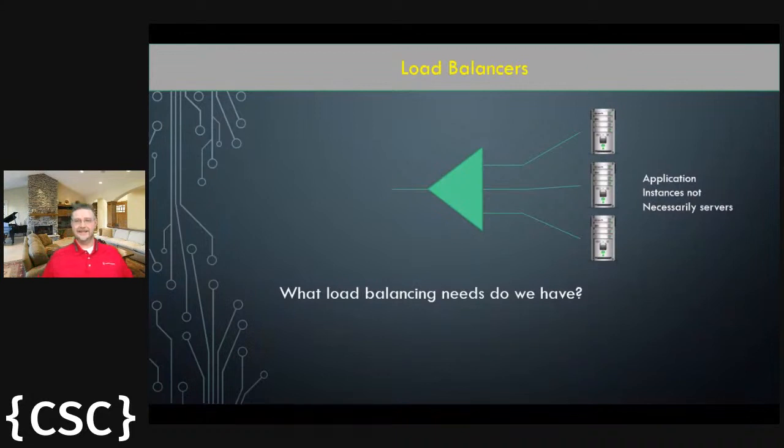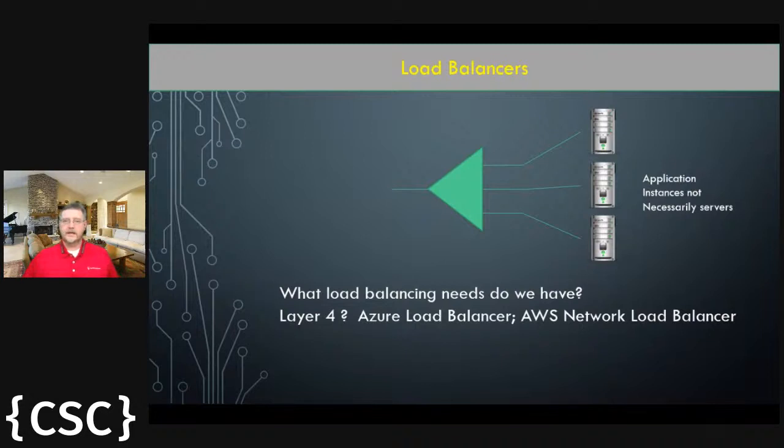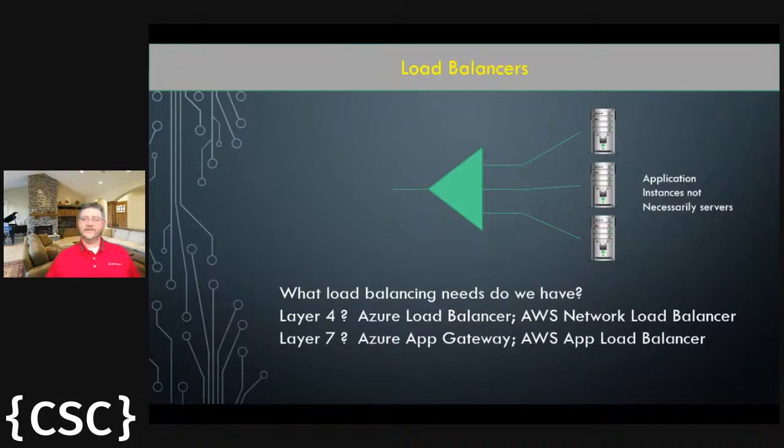If you do AKS and you set up a service, it builds an Azure load balancer to handle that, which also means, because it's an Azure load balancer, that traffic is handled at layer 4. So it's only dealing with the TCP level, TCP and IP in that combination. Depending on what needs we have, we may look to see if we need a layer 4 Azure load balancer or an AWS network load balancer. If we have a different type of need, we may use a layer 7, so we'll set up an Azure App Gateway or an AWS application load balancer.